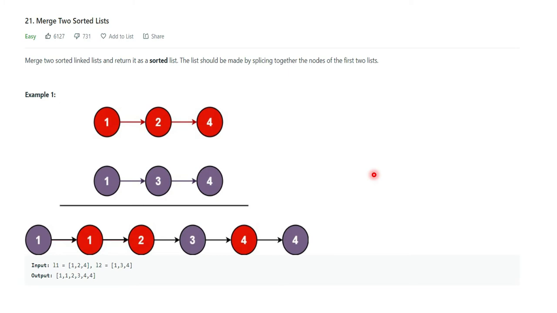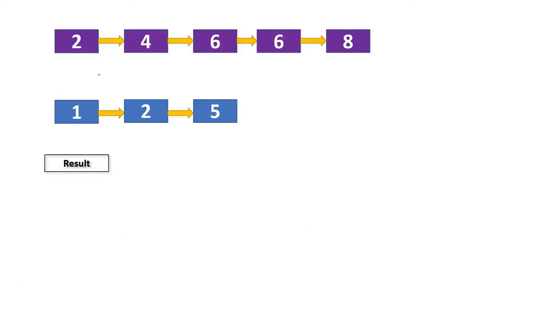So how to solve this problem we will see next. Here you can see two linked lists are there and they are already sorted. So we have to form the result linked list. The approach we can take is to use two pointers, each starting from one linked list. So from linked list 1 and linked list 2, I have taken two pointers. Now we compare them each and every time. Here if you compare, one is less, so we can take this one and move to the next node.